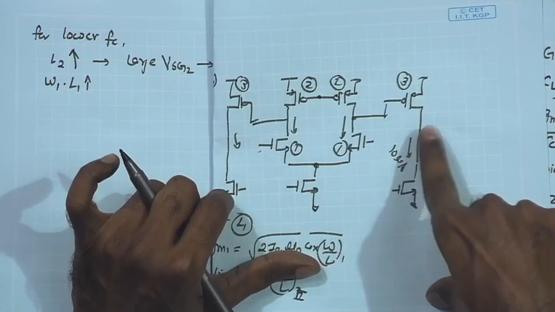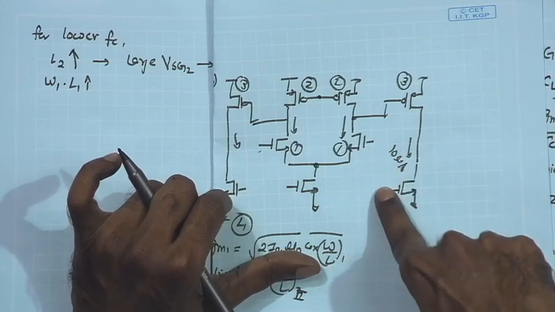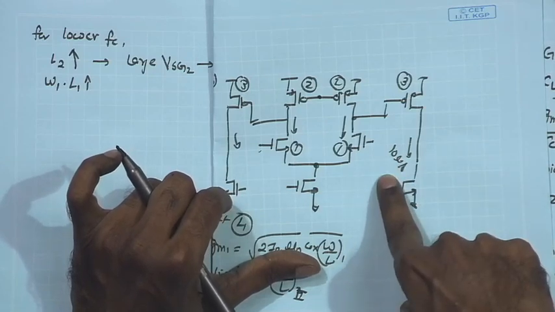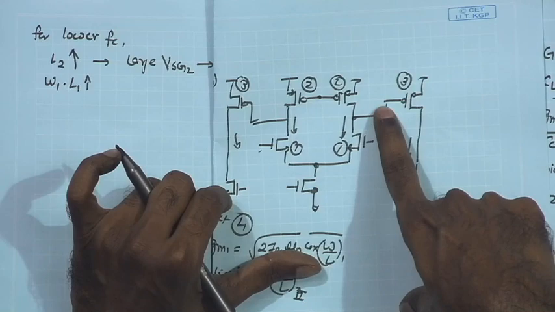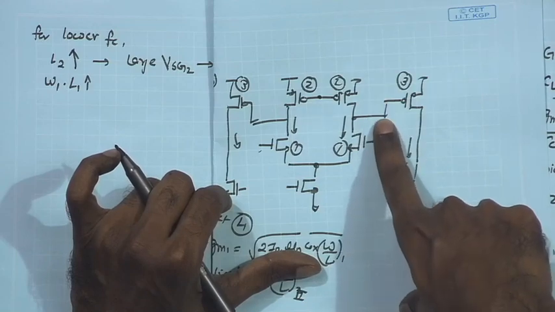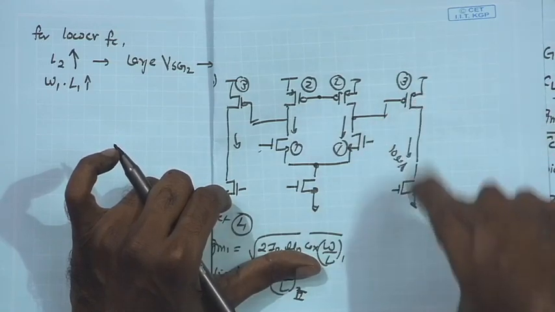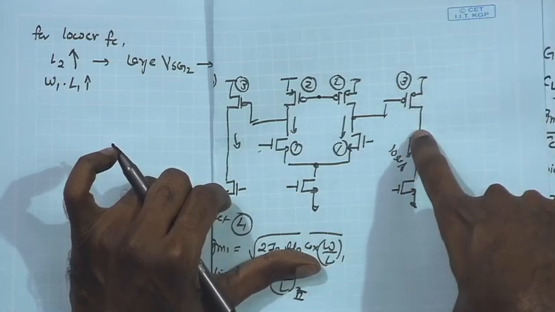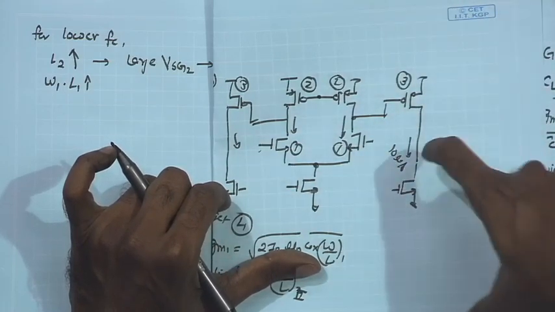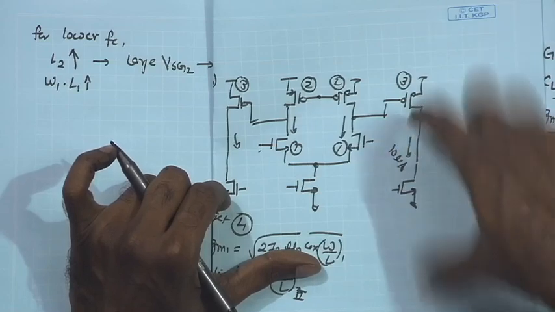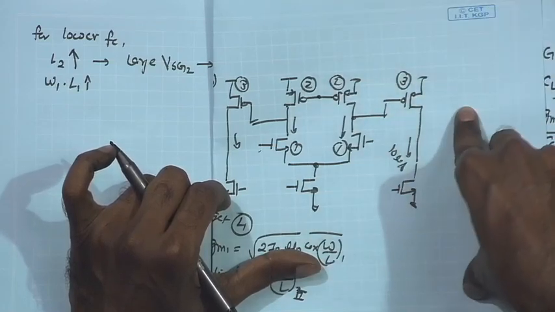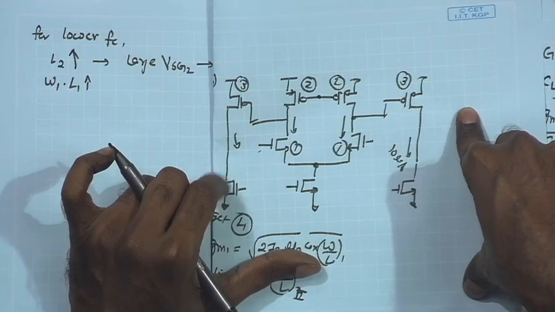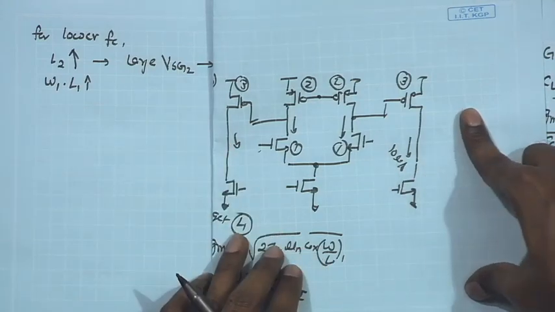For a given bias current, if you increase the channel length, the required VG of this gate also goes up. Likewise, the gate voltage of this NMOS goes down. So, if you are trying to increase the channel length of these devices also, for example, to get larger gain for a given current, the RO will go up, and as a result the gain can be expected to be higher. But